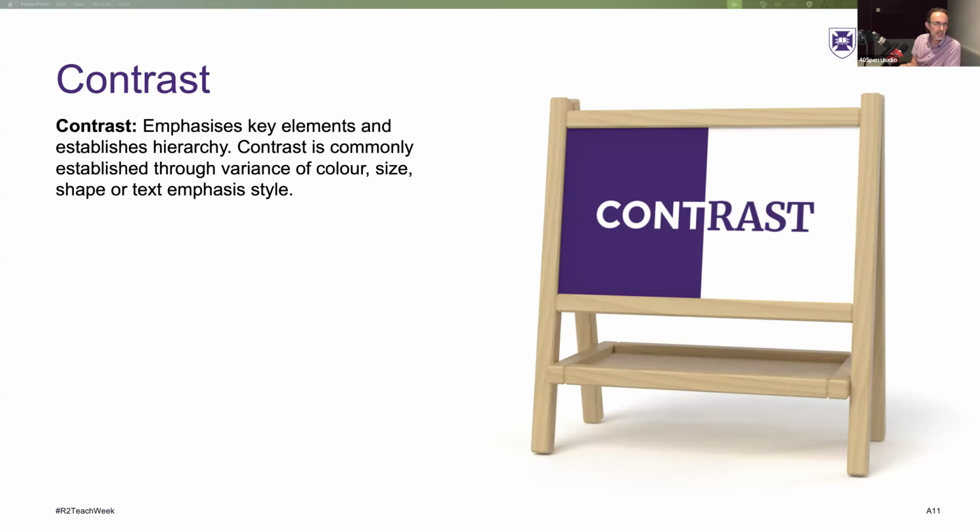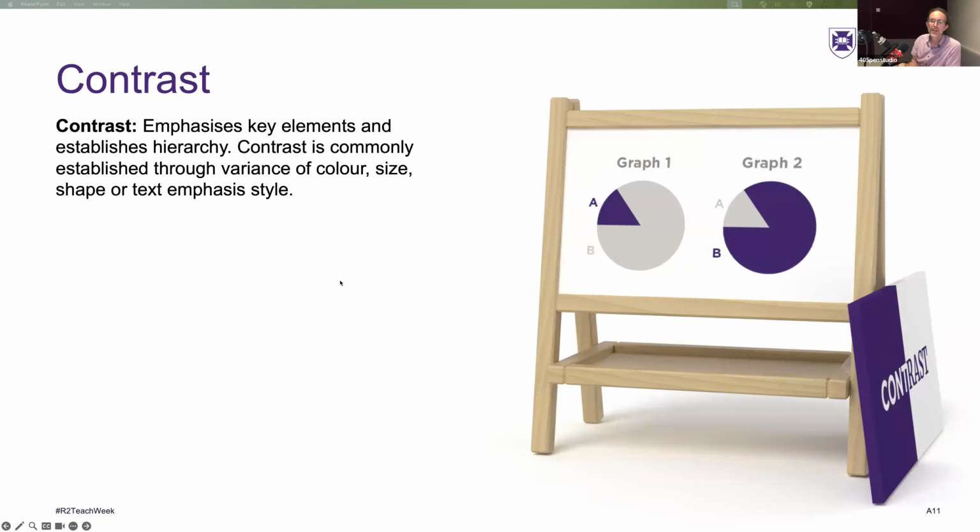So of course you've all seen, you have a larger piece of text for a heading, maybe a slightly smaller piece of text for a subheading, and then the body text tends to be a bit smaller. So creating contrast between text. But it's also an important consideration when you're creating graphs or diagrams. So ensuring that the difference